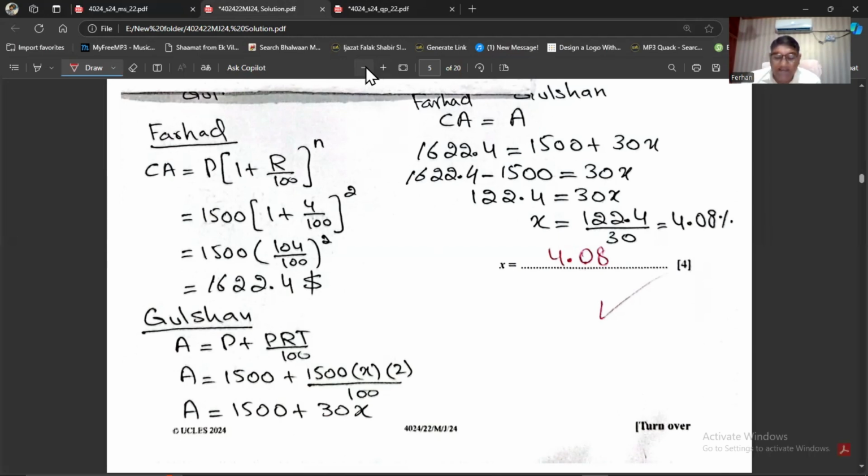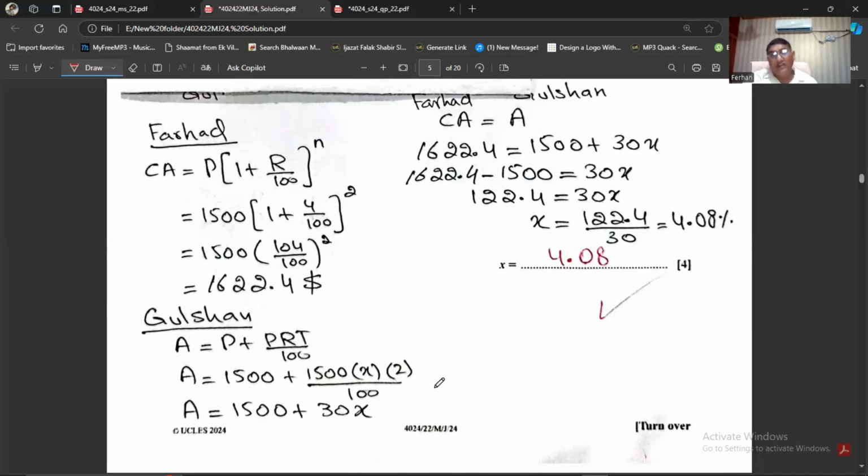Now Gulshan, because he is under simple interest, the amount at the end of 2 years will be, the amount formula is the amount is equals to the principal plus the interest, and that means principal plus the principal into the rate into the time divided by 100. So 1,500 plus 1,500 into X, we don't know the rate, and into 2 and divided by 100. So you will have 1,500 plus 30x. They say in both the schemes, the amount of the money at the end of 2 years will be equals to each other. So that means